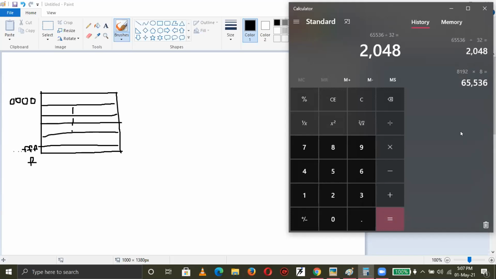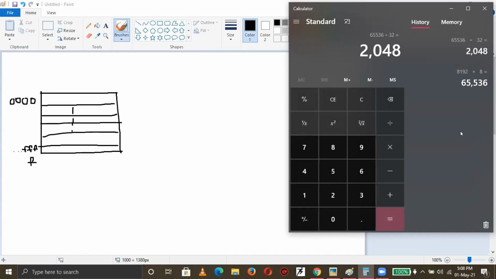How many? 2048. 2048 is 2K locations. So from 0 to 2047, you will have 8K of data.